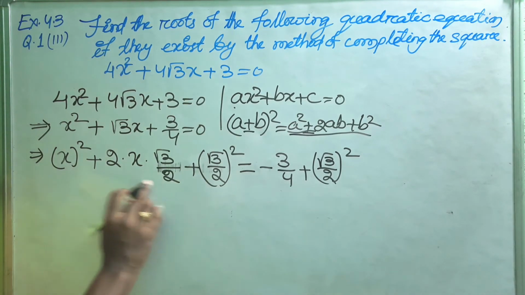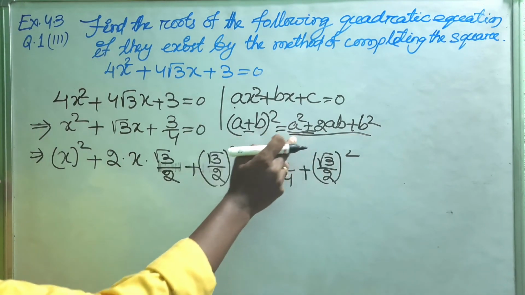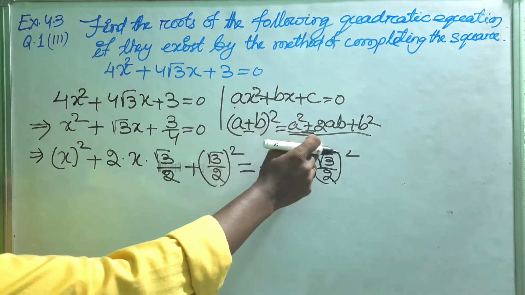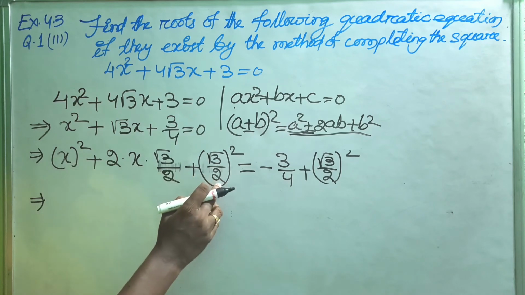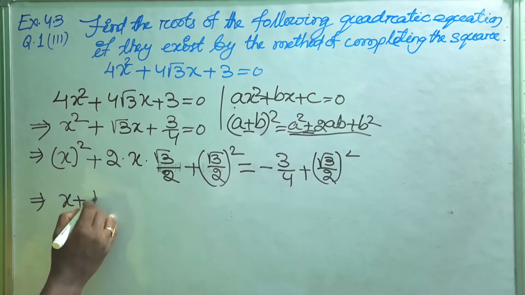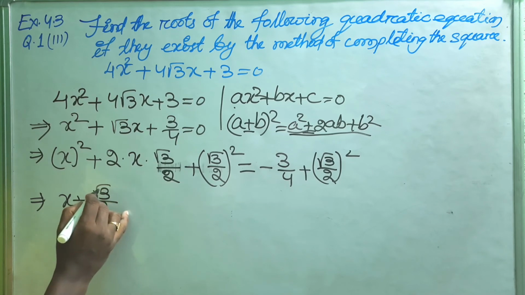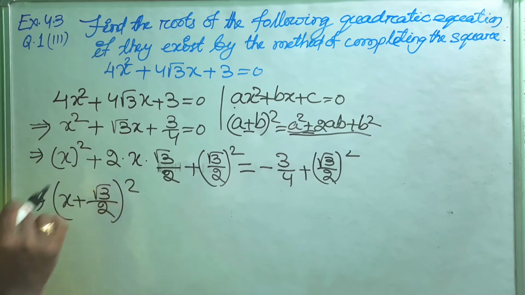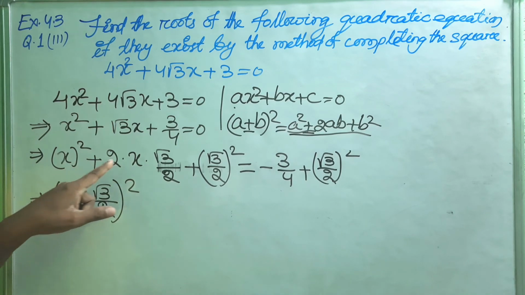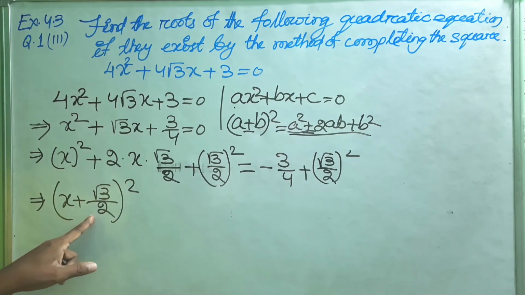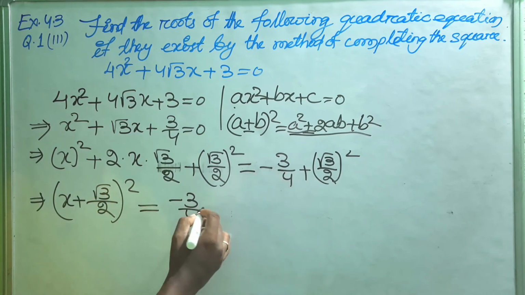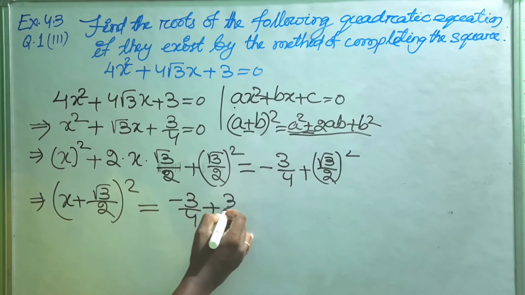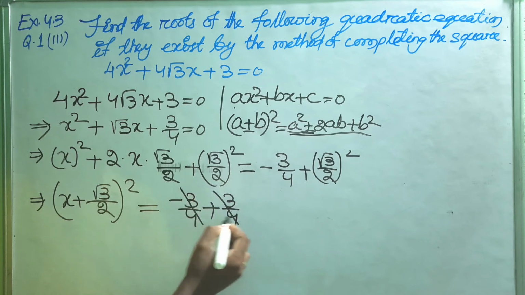Then you just look here. This one is expressed in this form. Now we can apply the a plus b whole square formula in place of it. So you can write here a plus b whole square, that is a, this is b. This is a plus b whole square, which is a square plus 2ab plus b square. Now this one is equal to how much? Minus 3 by 4, then plus this 3 by 4. Now plus 3 by 4 minus 3 by 4 cancel. So this is 0.